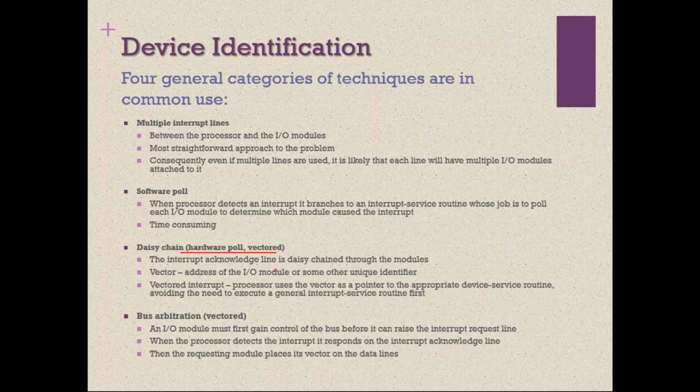So what is that? Daisy chain means one device connected to another device. That concept is called a daisy chain. Like that, it may go to any level. Here, there will be one interrupt line. The CPU will be connected with one of the IO modules through one interrupt line. Say this is IO module 1.